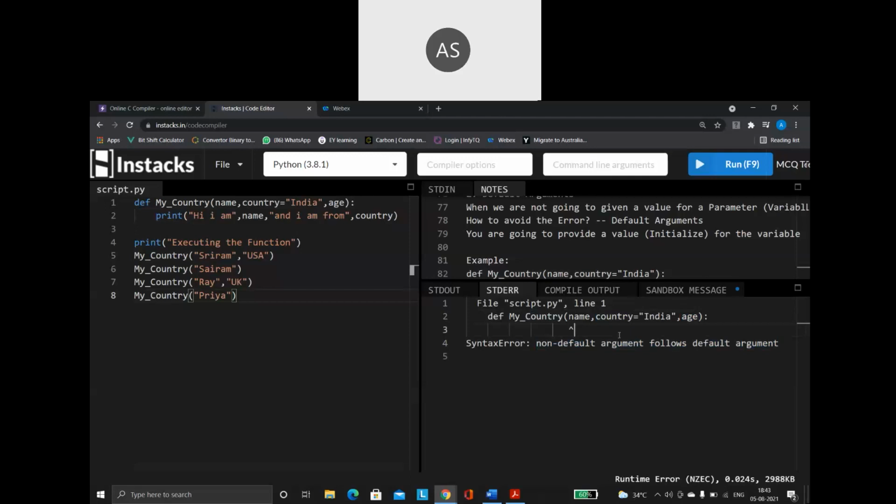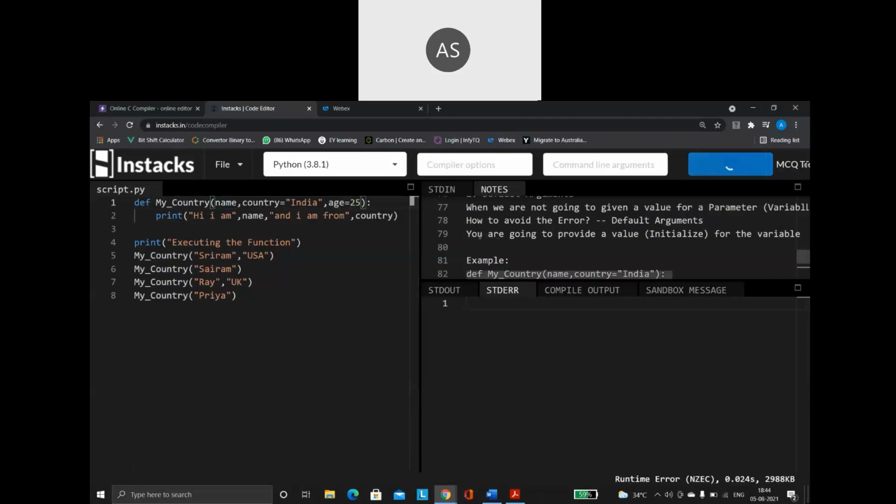So always remember, if you are having any positional arguments, compulsory parameters, you have to give all those things before giving your default values. So default values should be at the last, or else if you are having any other parameter, for that also you are supposed to give a default value. If I give it like this, I am saying 25, then when I run the program it will accept.